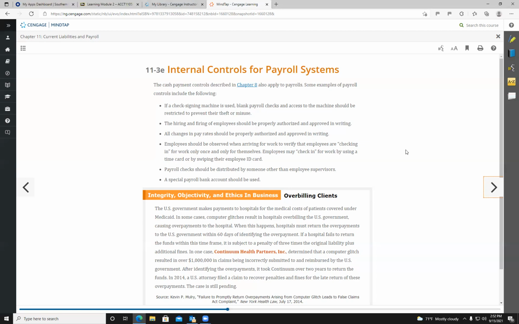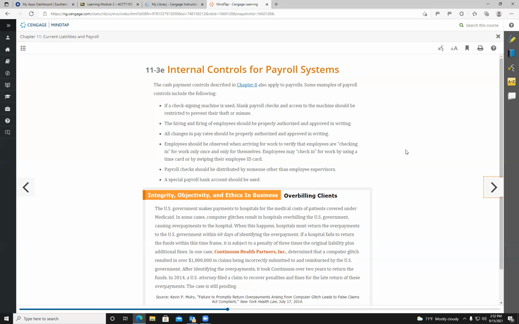Payroll checks should be distributed by someone other than the employee supervisor, and usually that's handled by HR. Usually, either HR handles payroll or the accounting department handles payroll. Either way, it's whoever is in charge of payroll who usually distributes those checks. And then